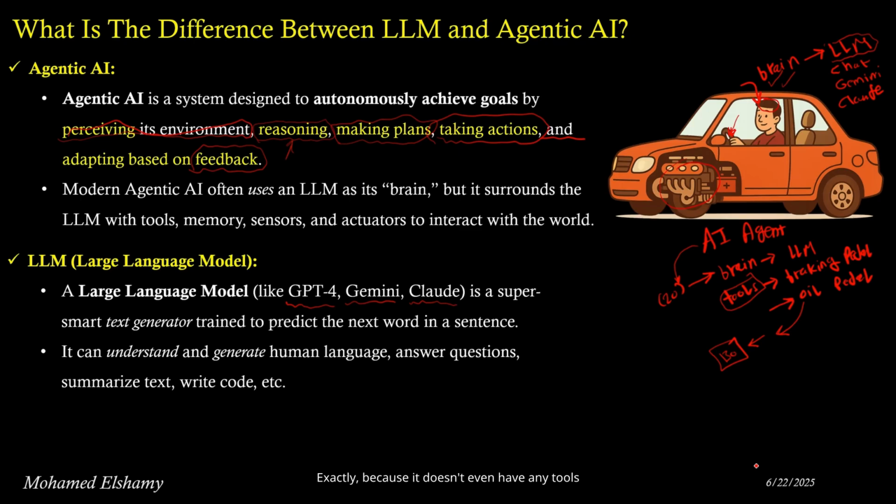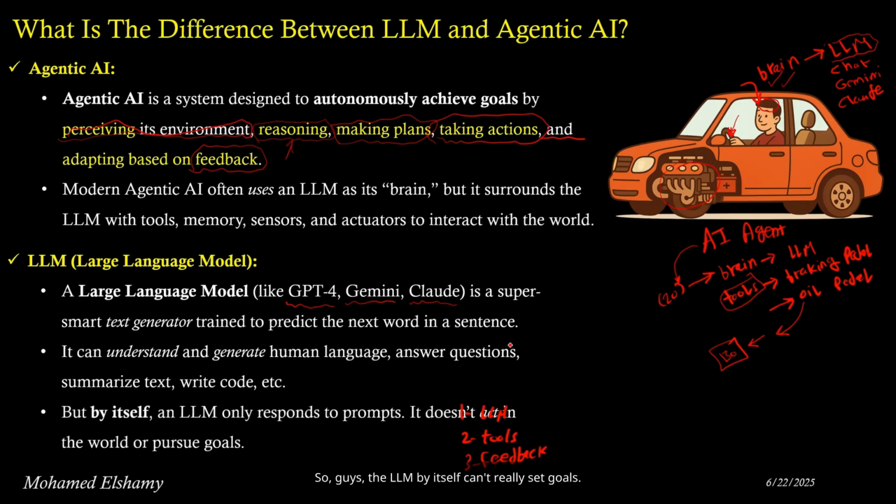Exactly, because it doesn't even have any tools integrated with it that would allow it to access my email, write an email, and then send it on its own. That's why a large language model by itself is not an AI agent. It can't take action, it can't interact with its environment, and based on those interactions, take a specific action. So that's why we can't say that an LLM by itself is an AI agent. As we mentioned, the components of an AI agent start with the LLM, which acts as its brain. The second component is the tools that are added to it so it can take action. After that, we can also mention feedback.